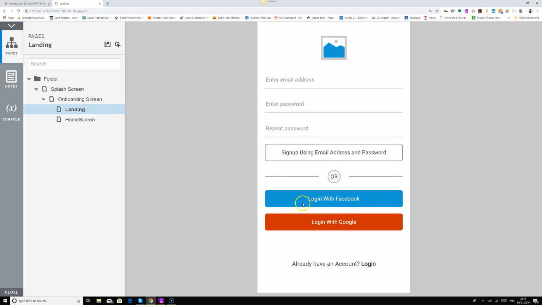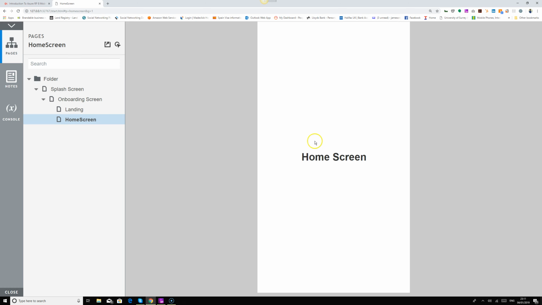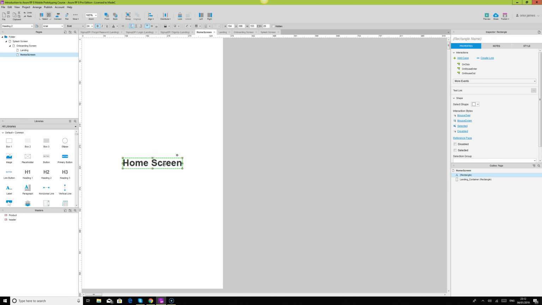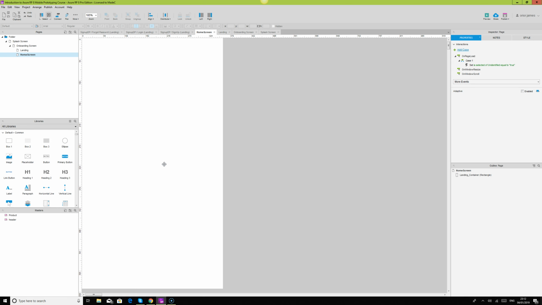So what we are looking at right now is when the user just logs in, they land on this home screen. Now, in a mobile app, typically we have this screen which the user sees first, and they'll be able to interact with the menu options and see what they can do with the app, or if the app is an e-commerce or a social media site, they'll be able to see some content on the home page and also interact with the menu. So we're just going to put some menu on our page. And in the next video, we're going to be looking at how we can interact with our menu